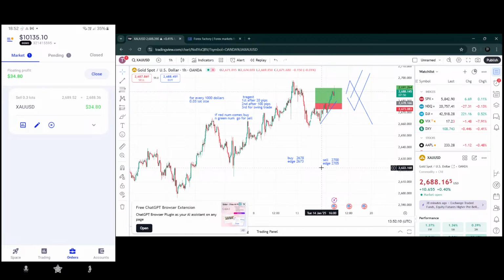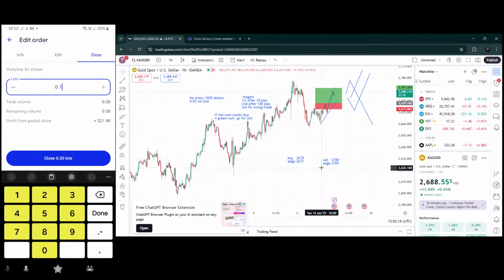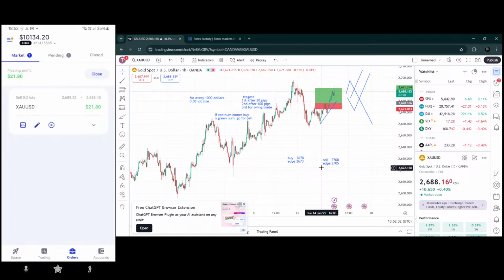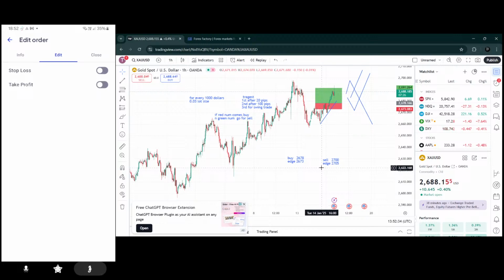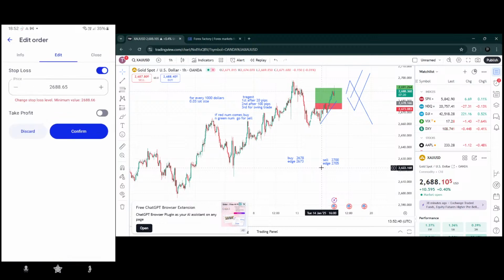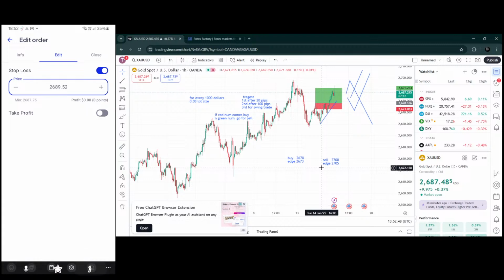So the first thing we do is a partial close. So we close our partials, and now we will do break even. 89.52, stop loss 89.52, confirm. So this is the trade we take today,